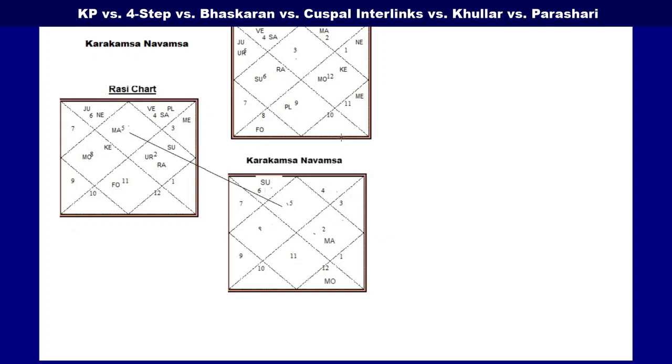But the planets are noted the way they are placed in the Navansh chart. So, for example, let's take Mars. The Mars in the Navansh chart is in Taurus, so we put it here in Taurus. And then the Navansh Sun is in Virgo, so we put it over here, and then the Moon is in Pisces, and so you put it over here. So when I take this kind of approach, I can say from my experience, I have at least peace of mind that I'm not concerned with whether the birth time is accurate or not.